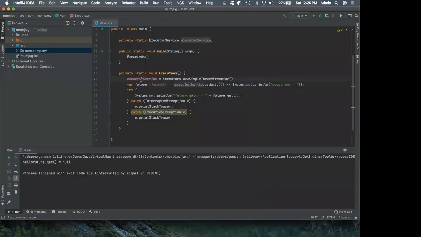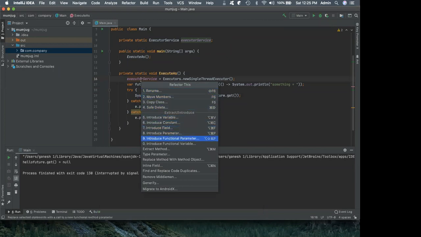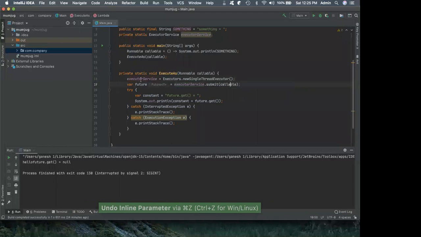So what I suggest is try Control T and examine the options that you have, right? And you will see that it is very effective to use these options. For example, let's say you have this executor service, right?